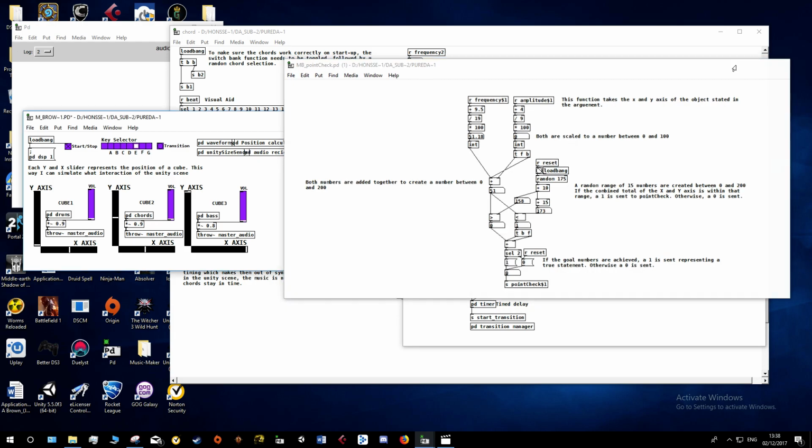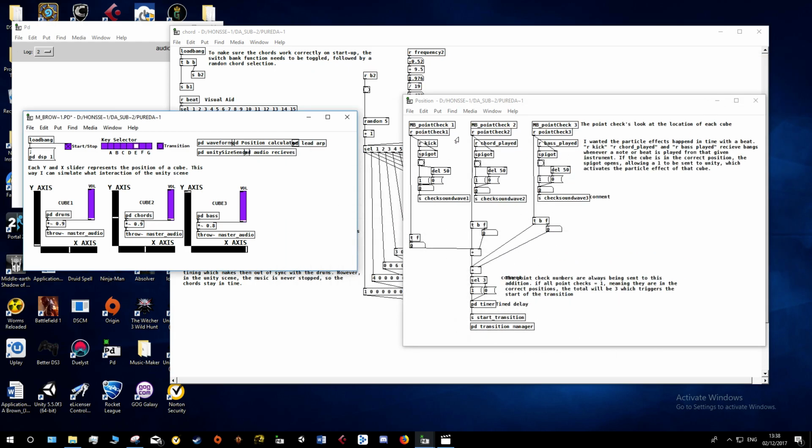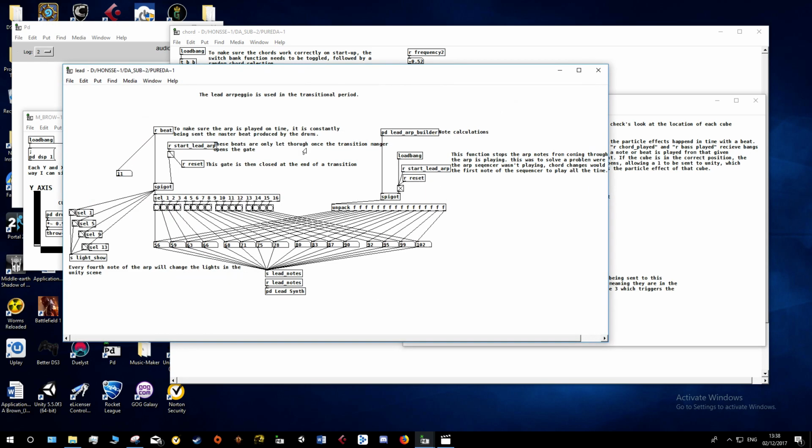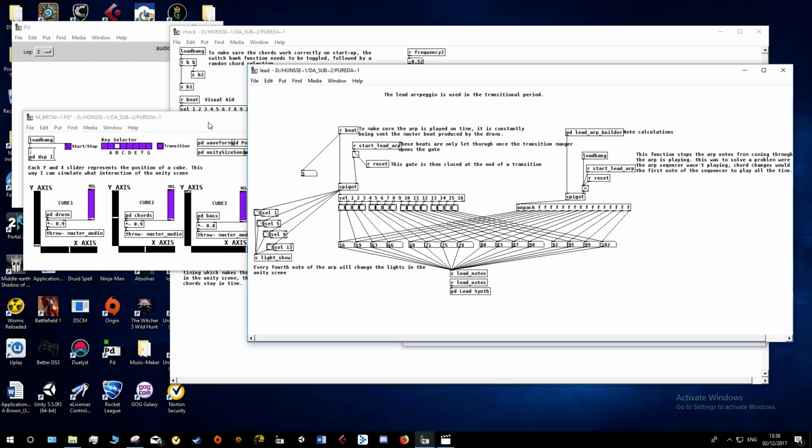So if all the cubes are in their correct positions, which again is randomized, a transition is going to happen, and it sounds like this. So I'm just going to hit transition here. Sorry, that's out a bit. You get the idea. So what happened there was we got a little lead arpeggio,